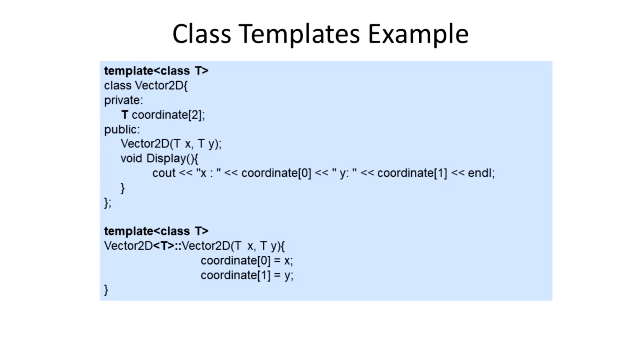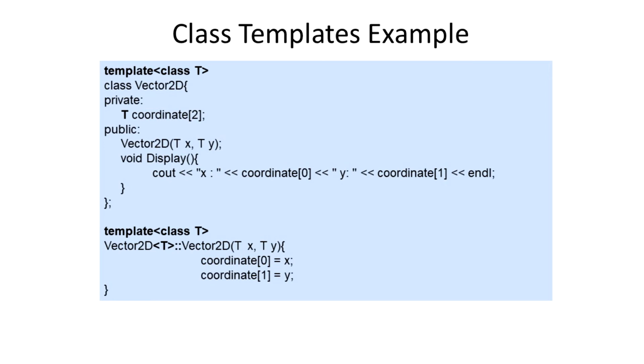And if we have a look at this example here, notice that we've moved the constructor definition outside of the class declaration. And of course, remember that the constructor doesn't have a return type. So if you notice below the class declaration here, we've got the template specifier and then the angle brackets with the keyword class and T, the identifier, which is exactly the same as the line that sits above the class declaration itself. As you see, the very first line at the top of this blue box here, above the declaration